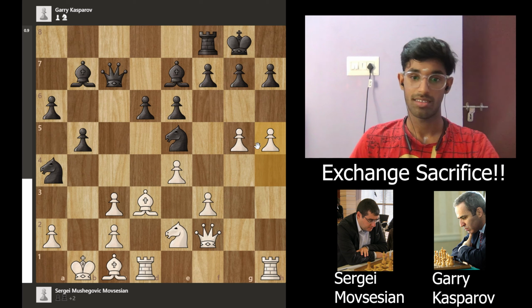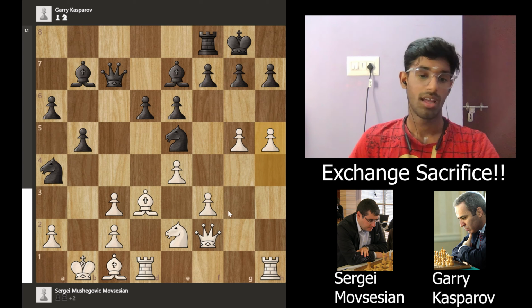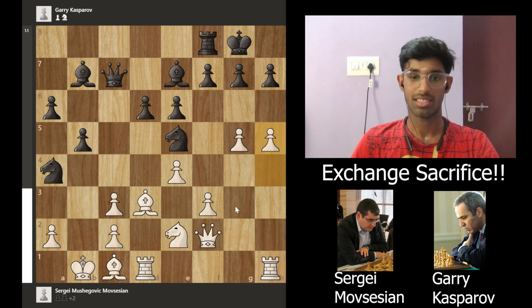h5. So it's just a race. White is just desperately trying to open up the king side by playing h6 or g6. The thing is, white wants to go like queen h2, form this battery with this rook, and once the h file opens, this battery will serve checkmate. But that's a long idea, and the opponent is